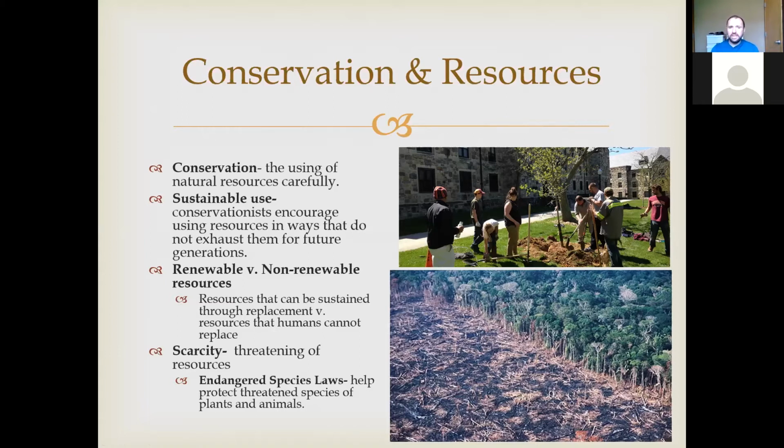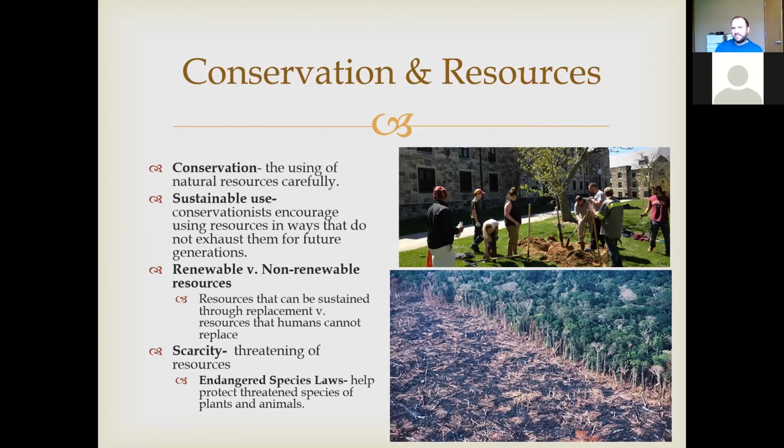But what it really means is using something sustainably is using something in a way that doesn't exhaust it or lead to running out of a certain natural resource for future generations. So when you're sustainably using something, you're using something in a capacity that that thing can be replenished, or you're conserving as much of that resource as possible for future people that might need it, or that will need it, right?